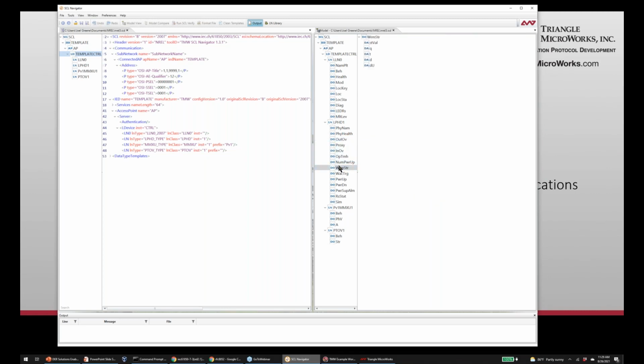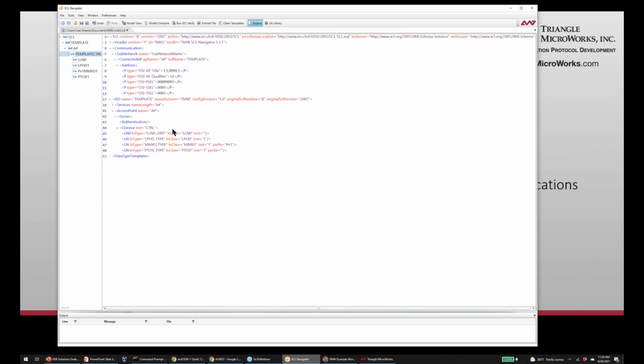And we've got a navigation pane so we can go through here. We have a lot of features in the model to navigate back and forth around these templates. As I select an LN, I can quickly navigate to the template. I can find the components that make it up, find what I need to do there.